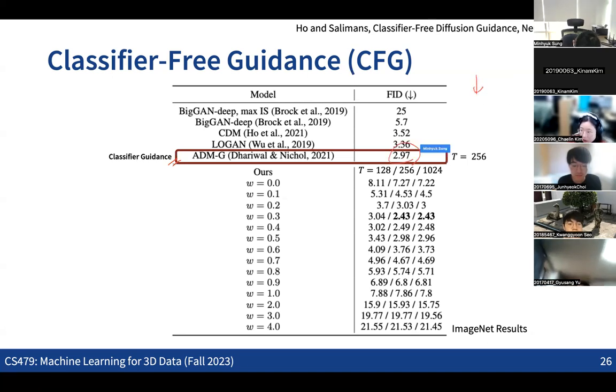So we are getting the 2.97, which is a very good number, right? As we control the W in the classifier-free guidance, 0 means this is exactly the same as the unconditional case, and 4 means we are giving really strong emphasis to the conditional noise, even sacrificing the unconditional noise. As you can see, as we vary this weight W, we see all different results, and we typically see the best results at this point.